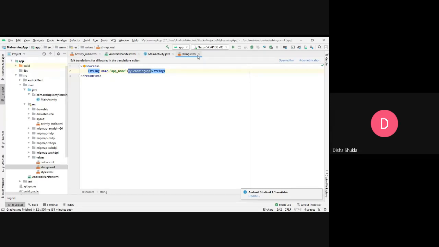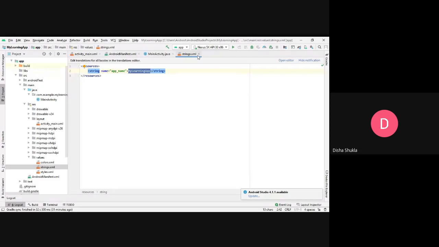The benefit is that if in future, say if your client asks you to change that string, then you only need to change that string at a particular point. You don't need to go to each and every place that you have mentioned that string. That is the basic purpose behind mentioning all the strings that you are going to use in this file, so that you can just use it everywhere.